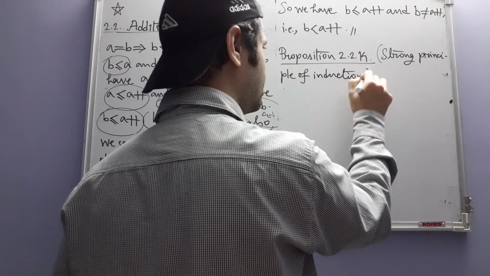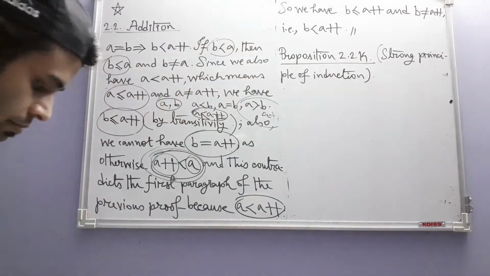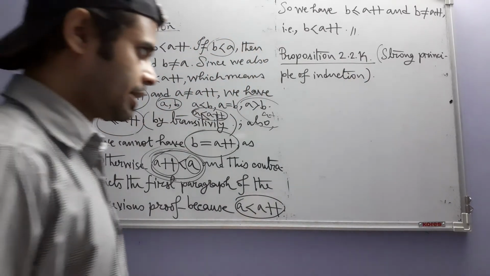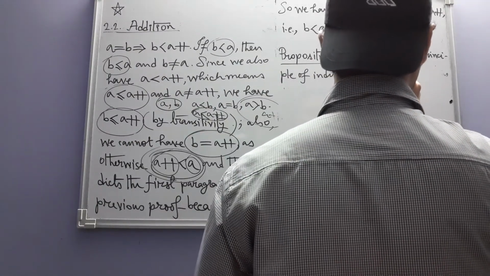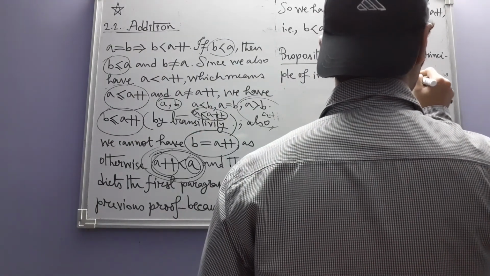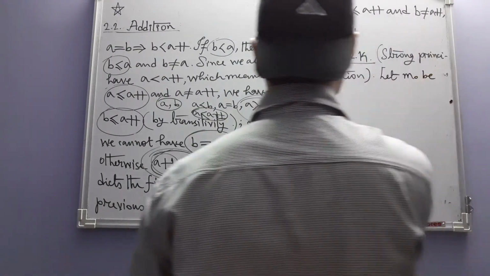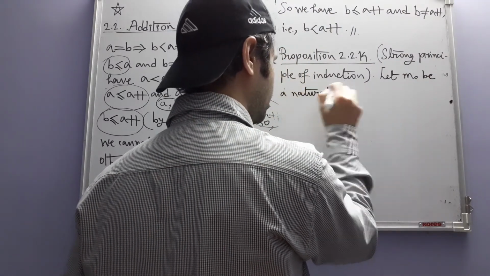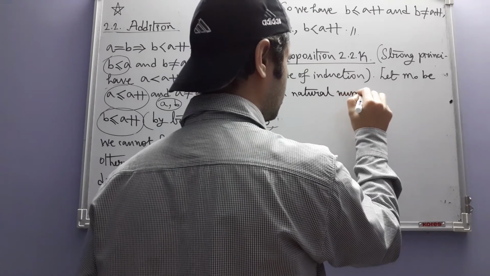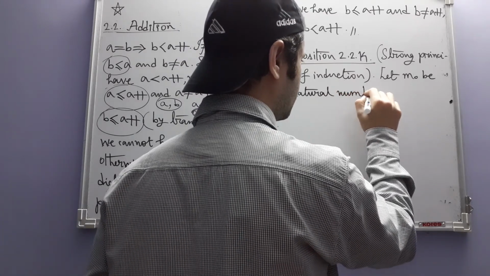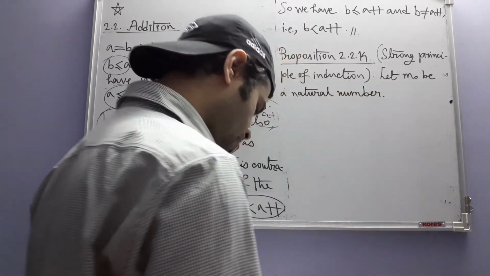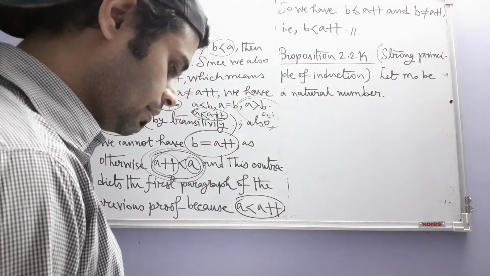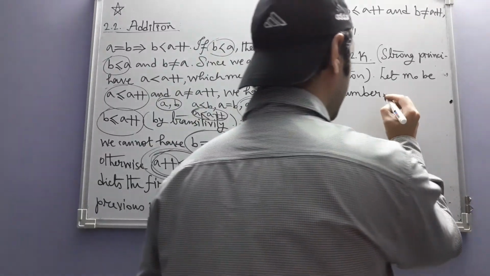We will see why it's called strong. The statement goes like this: let m naught be a natural number, and let